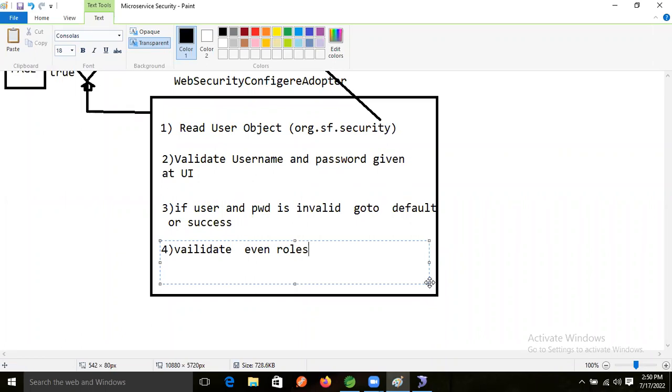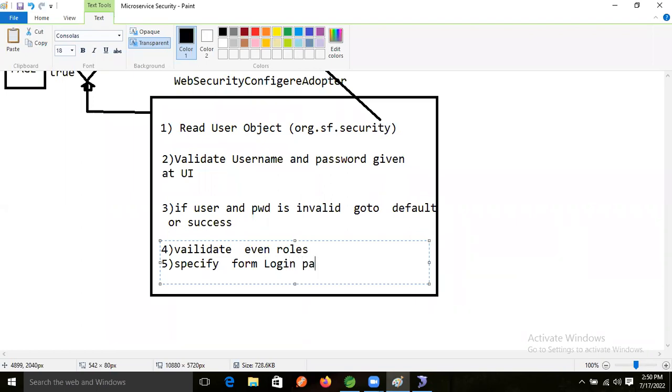After that, we will specify the login functionality and logout functionality. We will specify the form login,